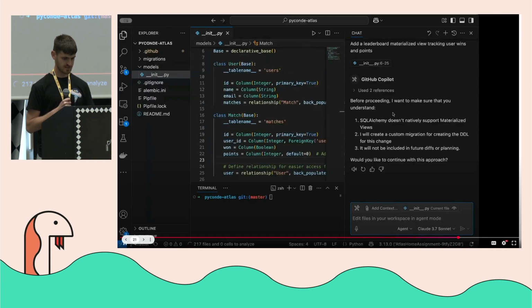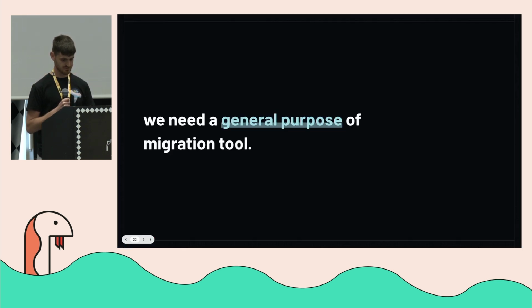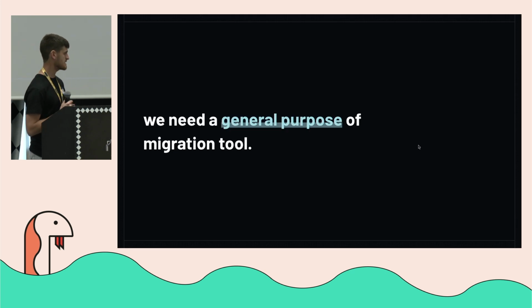So it's thinking, and it's telling us this. Okay, basically what it told us is that materialized views are not supported in SQLAlchemy, so Alembic doesn't know about them. What it can do for us is to create a manual script, basically just the DDL definition. We can run it manually on the database to create the view,